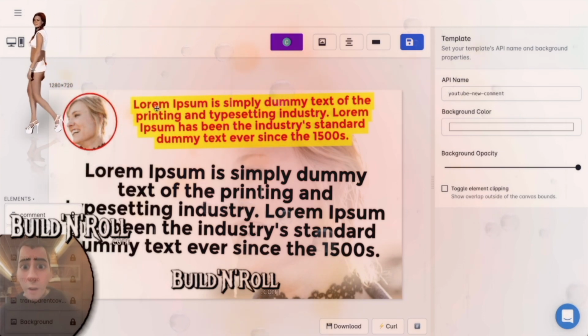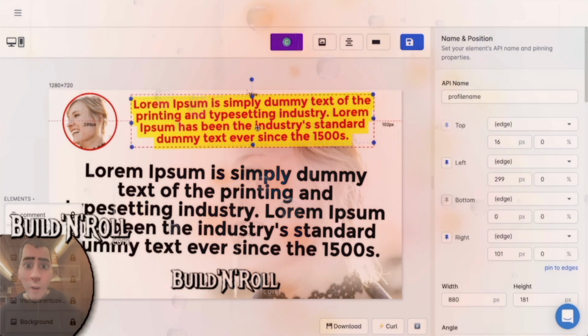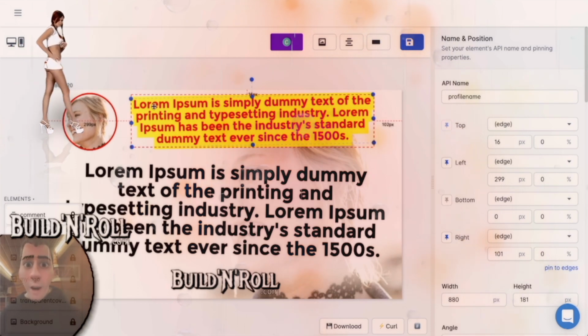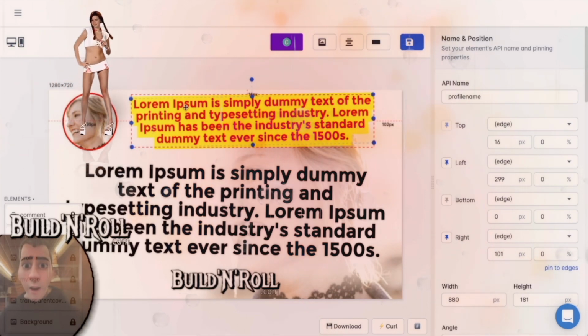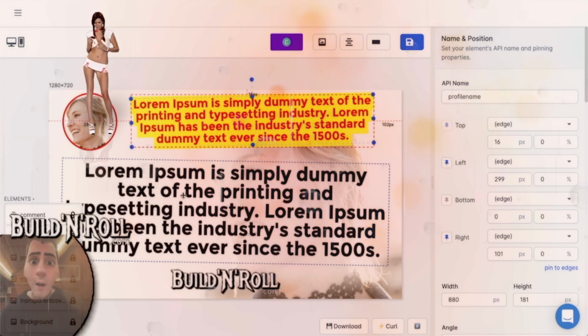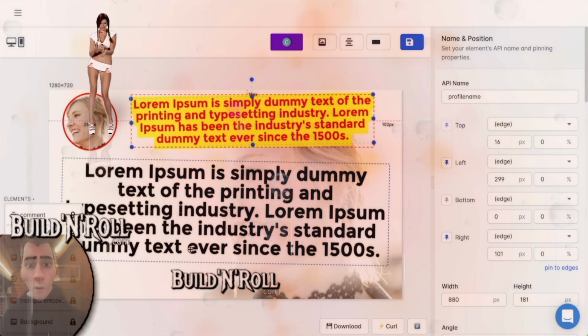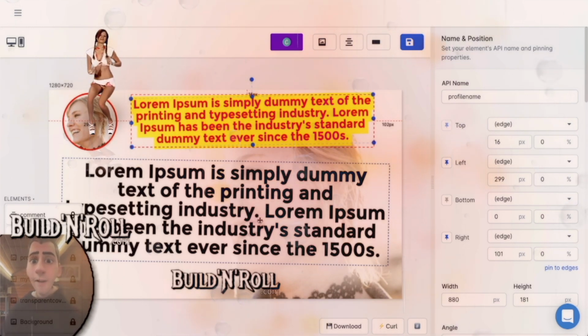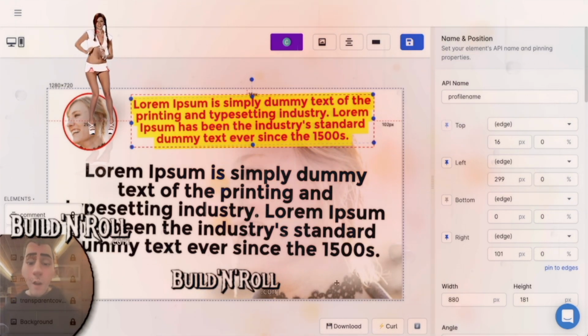And the way it works, depending on the text, it will always try to fill in the box. So if it's only for the profile name, only a few letters, there will be big letters in the center and middle of this box. For the comment, if it's a short one, the letters will be big. If it's a long one, they will be small, but they will always be in this box. And you can see in this image that the background image, which will be the profile image,